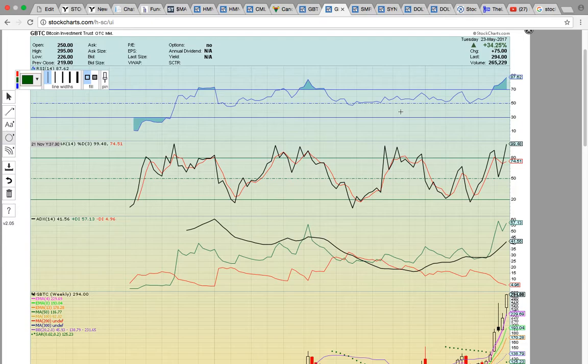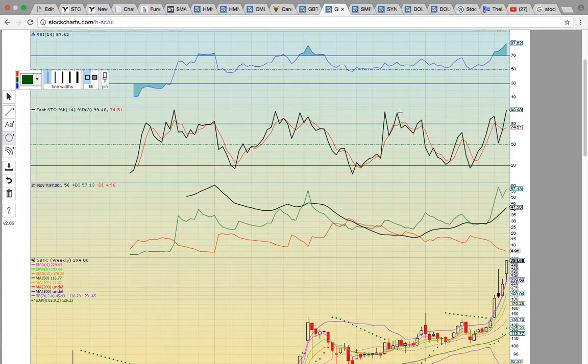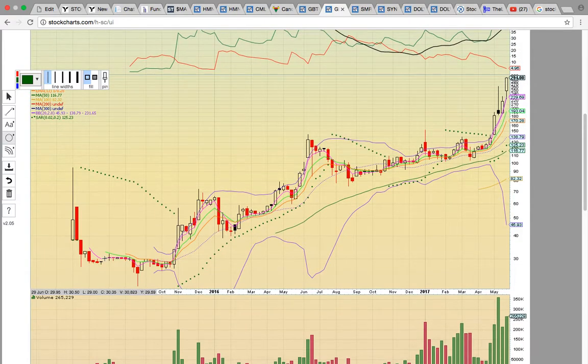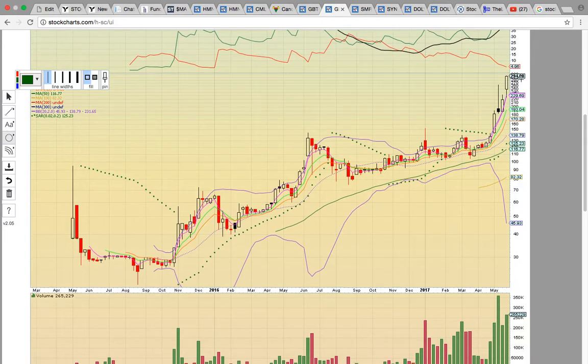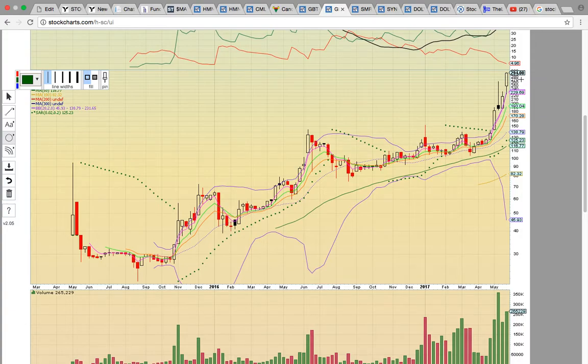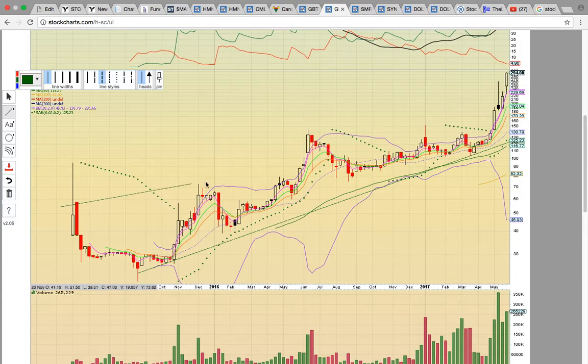Take a look at the GBTC weekly chart. As you can see here, this is all the trading here. This started in May of 2015, and this is a beauty chart. Check it out. It was down here in the 20s, and now it's up here at 294. So very thinly traded, but has a very, very nice uptrend going. If this keeps heading higher, then the Bitcoin stocks have some upside potential